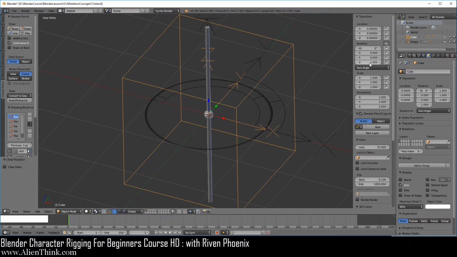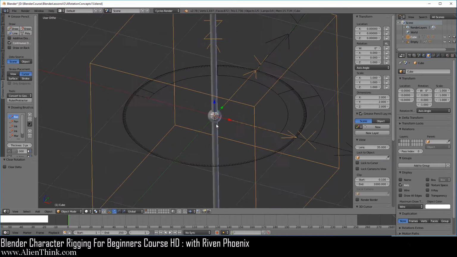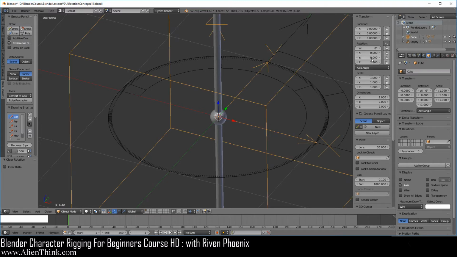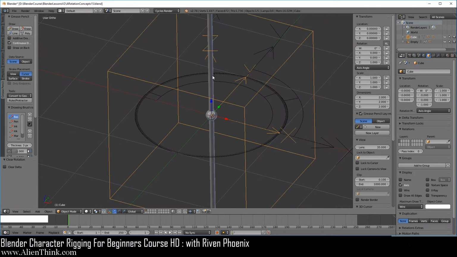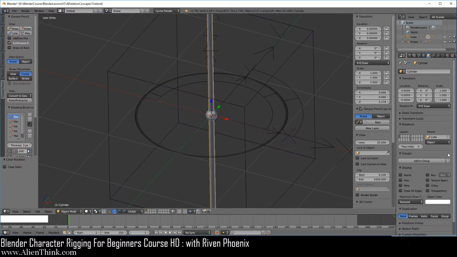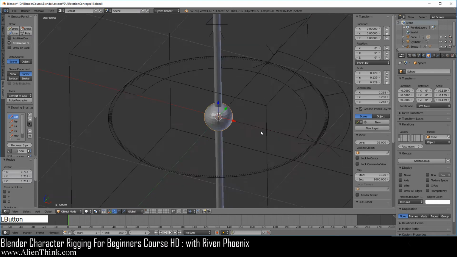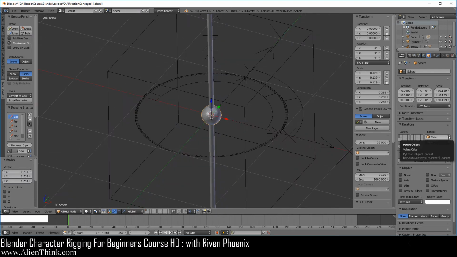That's all this means. Now, because these are location values inside a unit sphere, you could imagine that if you had a ball, you can simply position this ball based on the values that are being displayed over here, and then tell this pole to point to this ball. Okay, so what I want you to do is go ahead and click on this pole, go to the Object tab, and for now just remove the parent. Go ahead and click on this ball and press the S key to scale this out a bit so you can select it a little easier, and go ahead and remove the parent.